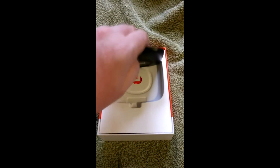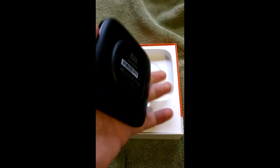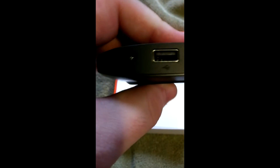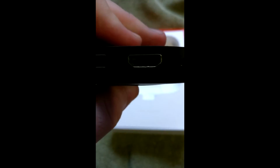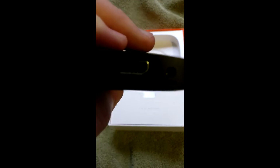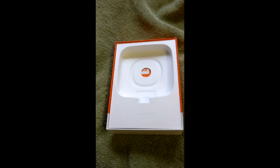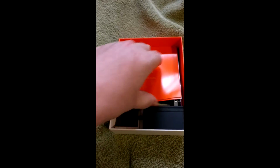And here we have our little device. Obviously, it's not as small as a Fire Stick or a Chromecast, but it is pretty small. We have a power input, the USB, HDMI, and a headphone jack on the back, and that is it. I kind of wish it would have an Ethernet port so I could wire it, but it has Wi-Fi. If we open this box up, we have